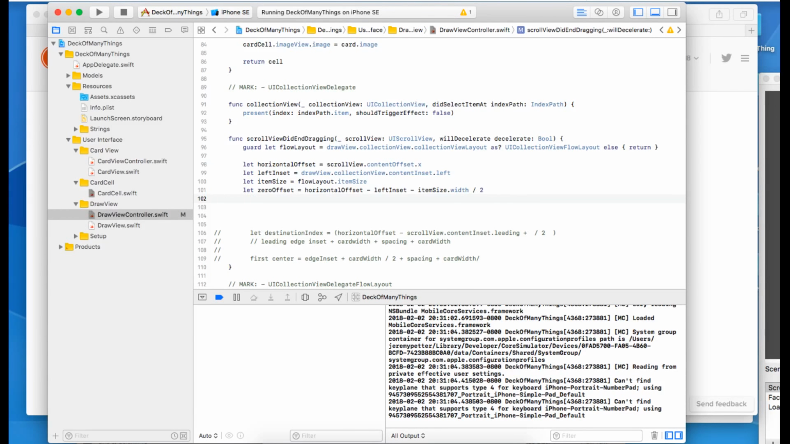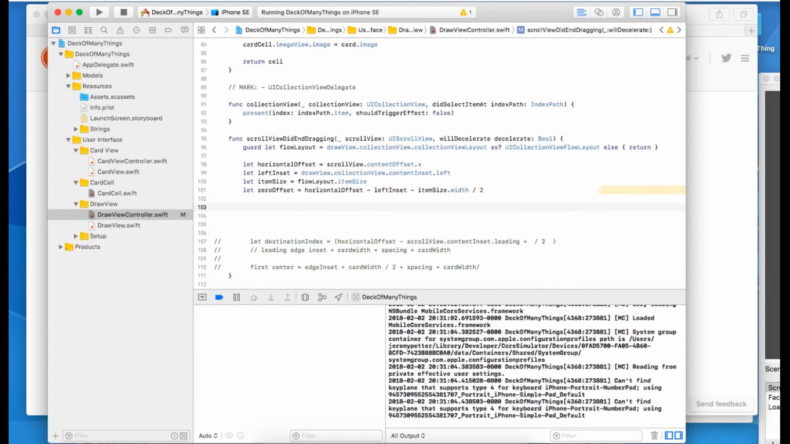Okay, so yeah, that makes sense. And then let index equal an integer. Oh, okay, no, because we can't just directly round it off to an integer. Otherwise, we'll never get to things unless we always scroll. Round to an integer always rounds down. But let's start with this, and if it turns out that it works, then we can go from there. So zero offset